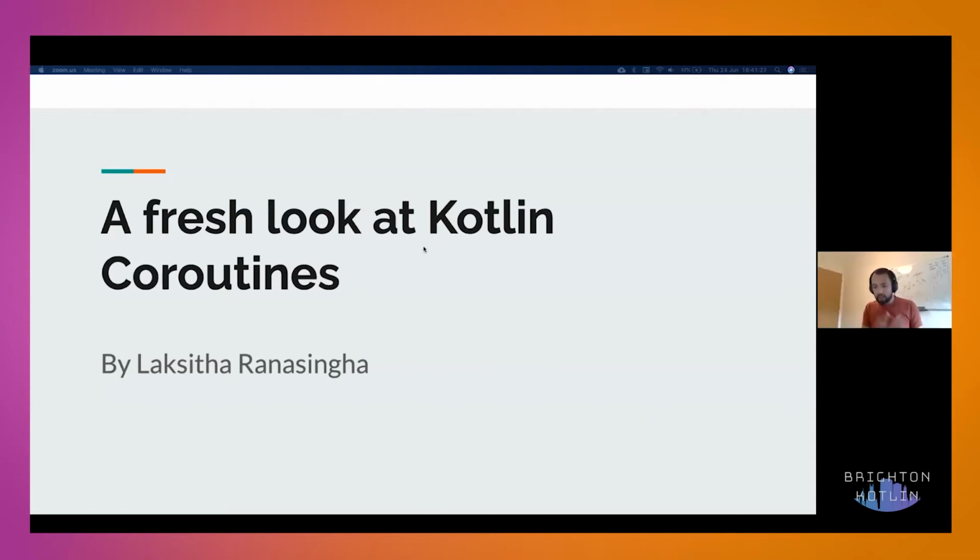Okay. So yeah, let me introduce myself. I'm Laksitha. I'm a lead engineer, and I've been mainly working on backend development, especially around microservices and mostly on JVM. And in the last couple of years, I got a really good chance to work on Kotlin, and I really loved doing Kotlin. Today, I'm going to look at one of those really nice features called Coroutines, which is a first-class feature in the language, and you can take advantage of that without using a complicated library.